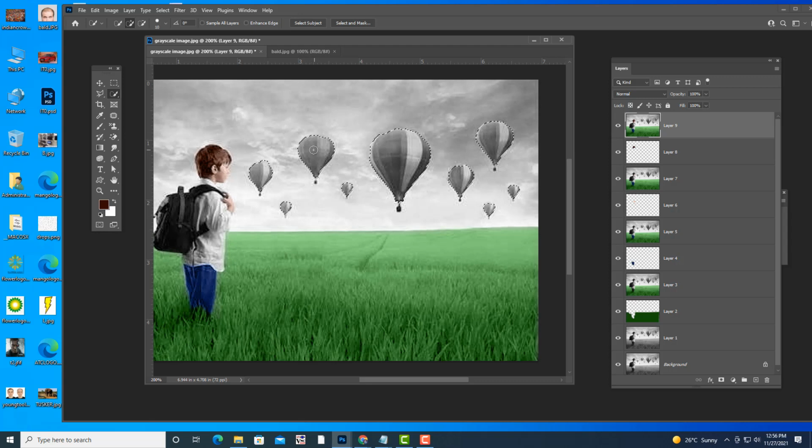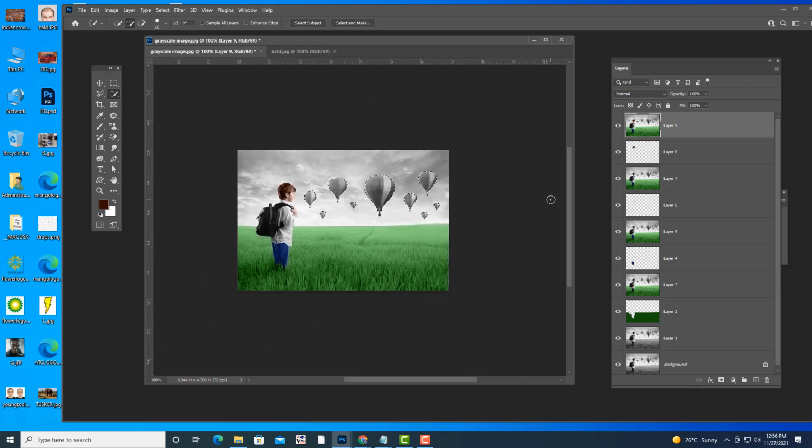Okay, so we got a selection for all the balloons. Okay, so now we will first give color to the balloons. So just take a new layer.